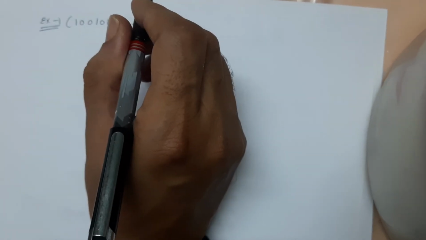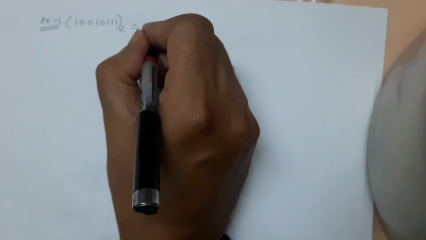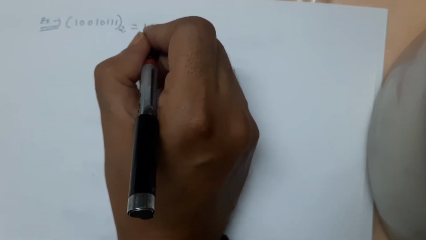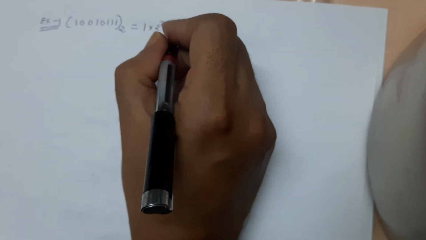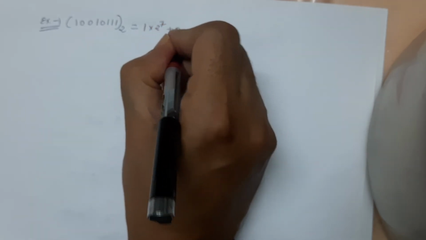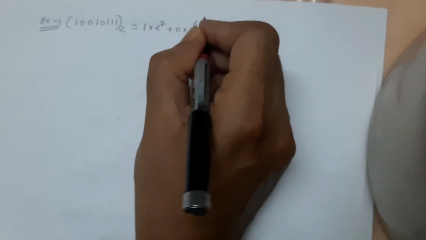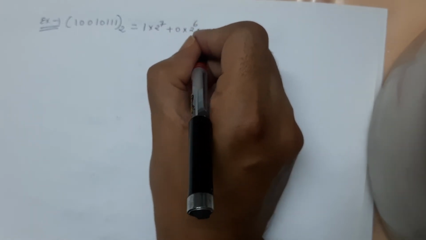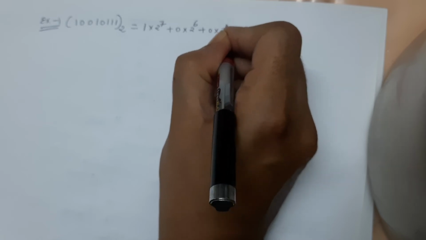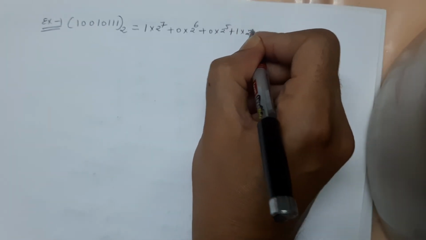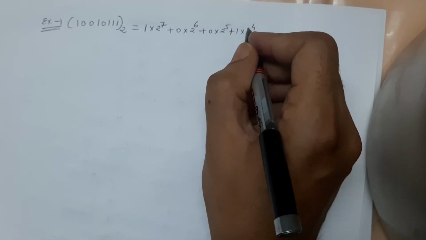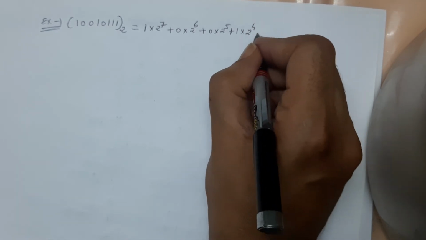For decimal, we use 1 into 2 raised to 7 plus 0 into 2 raised to 6 plus 0 into 2 raised to 5 plus 1 into 2 raised to 4 plus 0